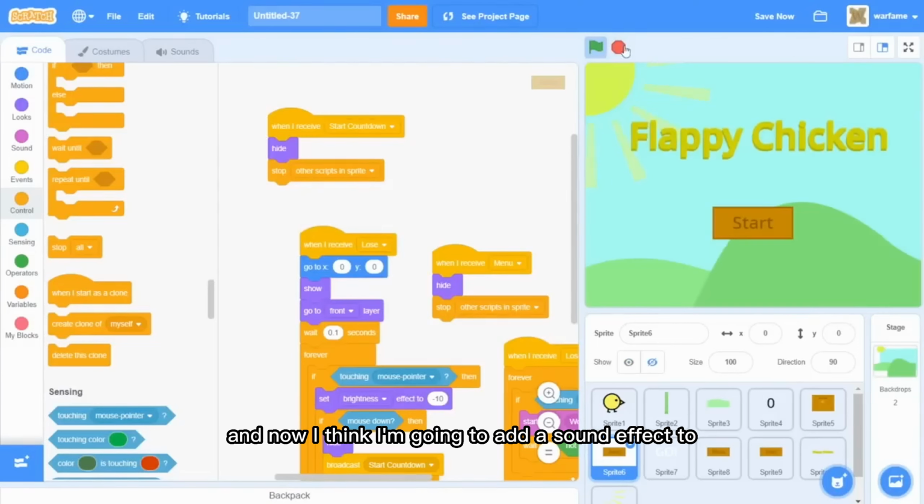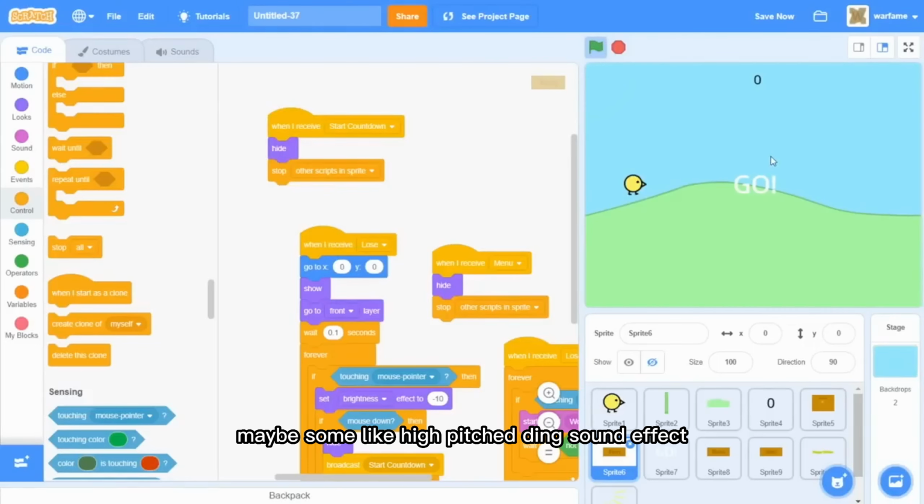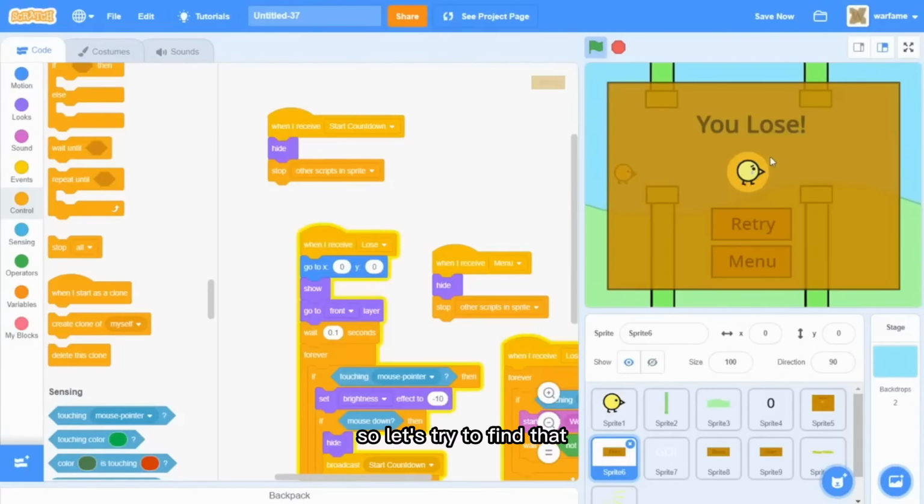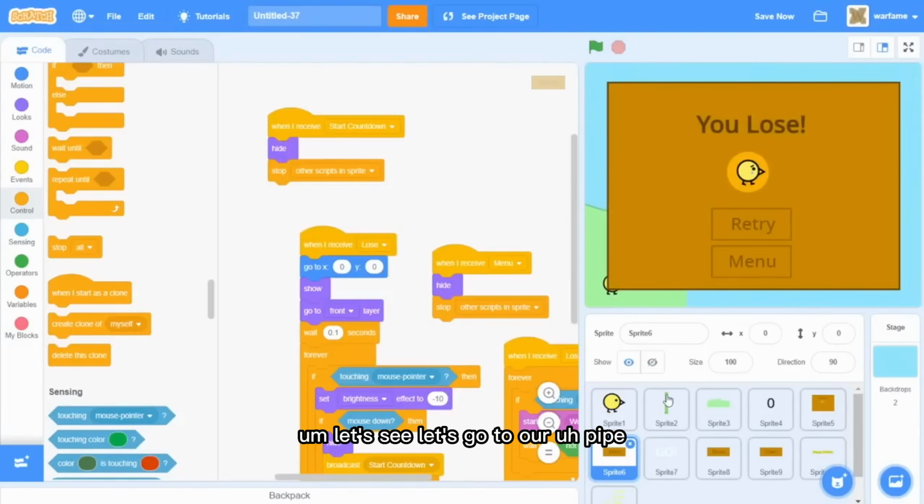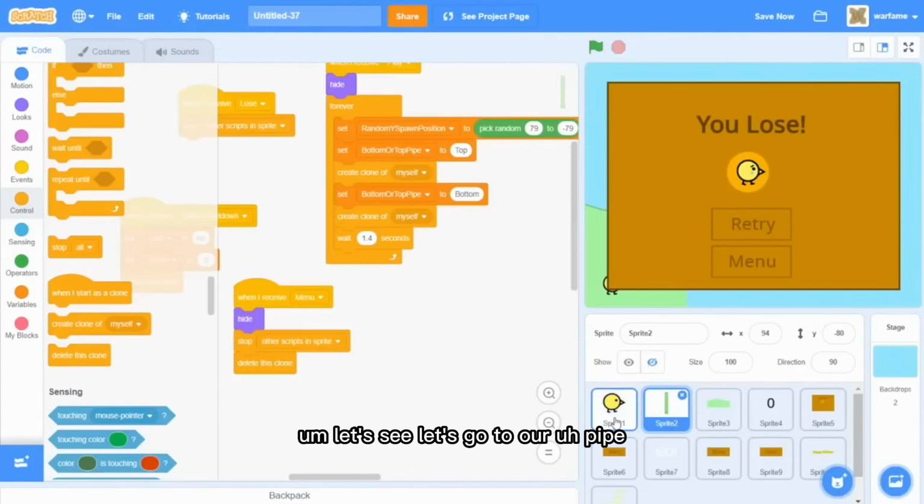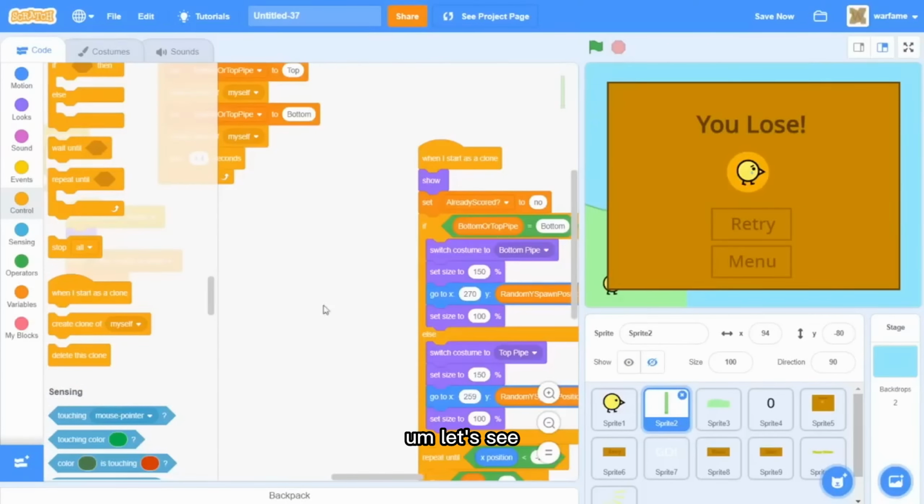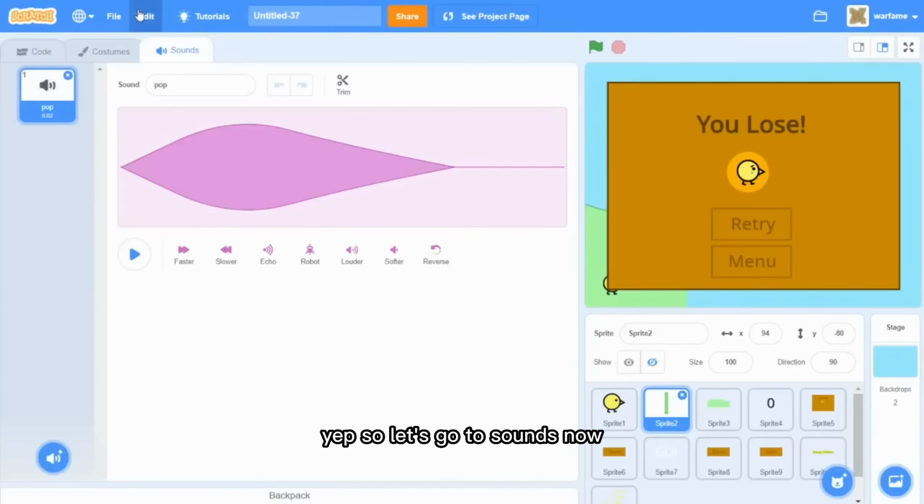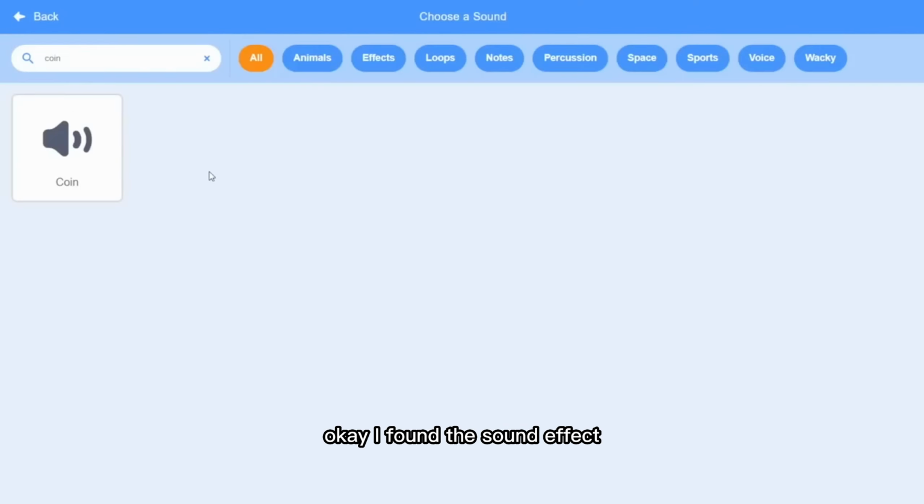And now I think I'm going to add a sound effect to when the bird passes a pipe. Maybe some high-pitched ding sound effect, or maybe a bell or something. So let's try to find that. Let's go to our pipe. Let's go to sounds now, and I'm going to find the sound. Okay, I found the sound effect, and it's this sort of coin sound effect. So let's add this,